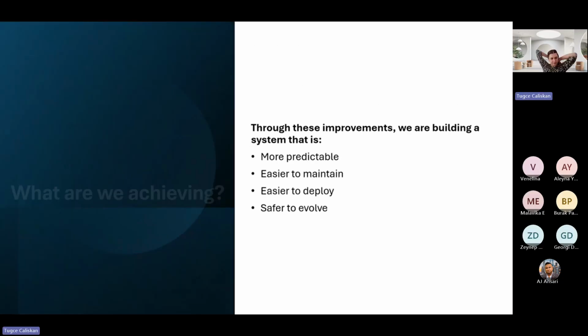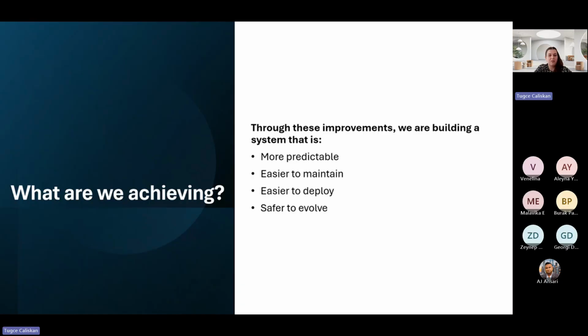So we came to a point where we discussed 10 different topics. I think these are maybe some of them, right? There are many more I would think of, but let's say that they are high-level ones. But without doing these improvements, we would fail at some point, whether in the 18 months we mentioned or before or after. So by doing these improvements, we will build a system which is more predictable, right?